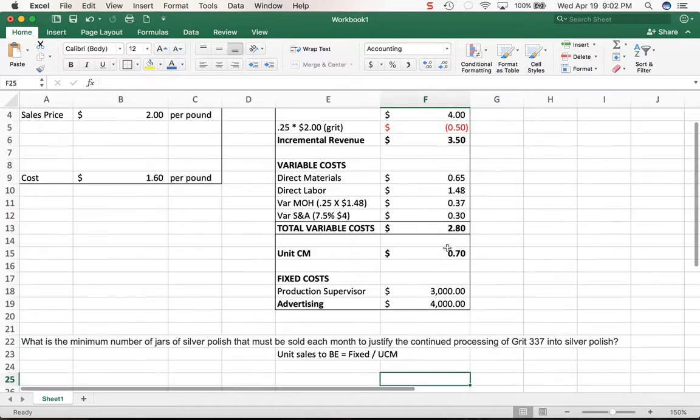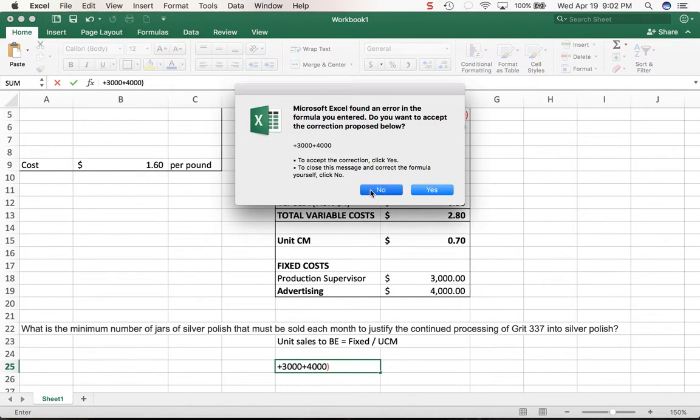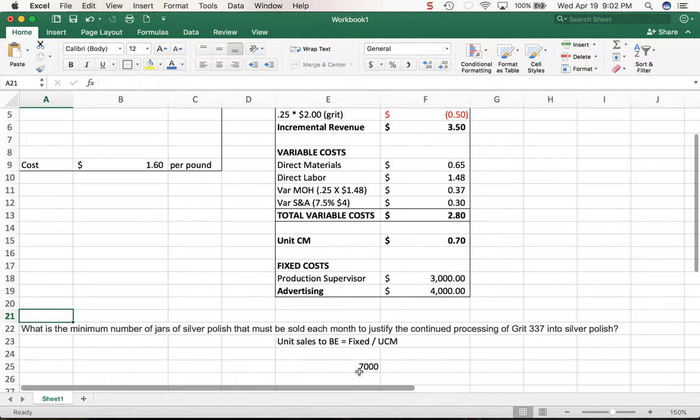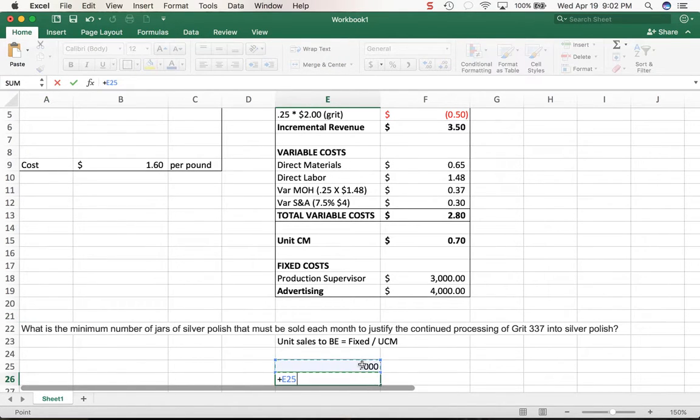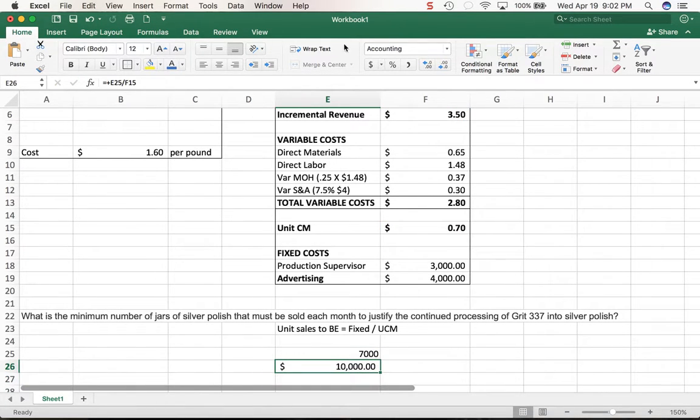So now I know what my fixed costs are. They did give me depreciation as a fixed cost, but remember that's a non-cash kind of an event. So I'm going to take my $3,000 plus my $4,000, oops, and try to get this in the formula the right way. Let's go plus 3,000 plus 4,000, that's 7,000. Then we're going to take our 7,000 and we're going to divide that by our unit contribution margin, and that is not a dollar figure, that is how many units it's going to take us to justify just breaking even